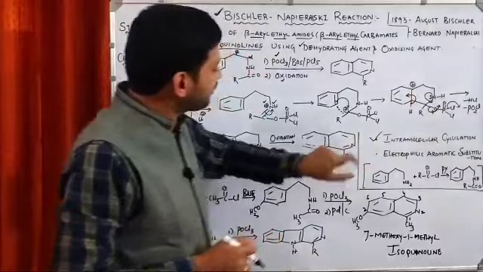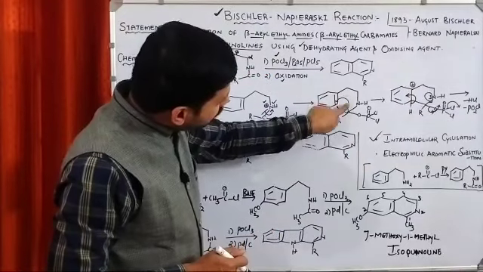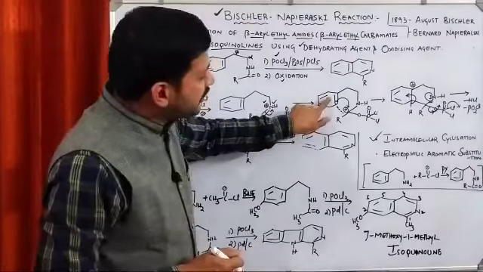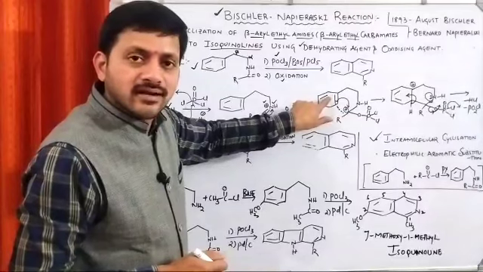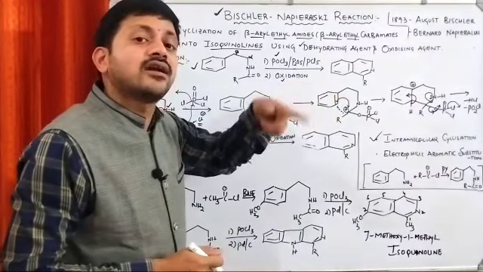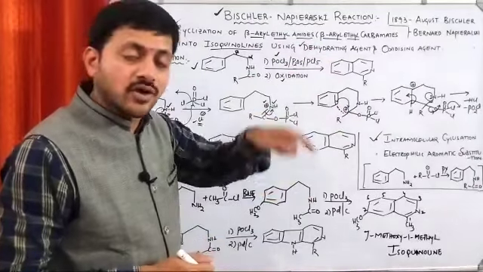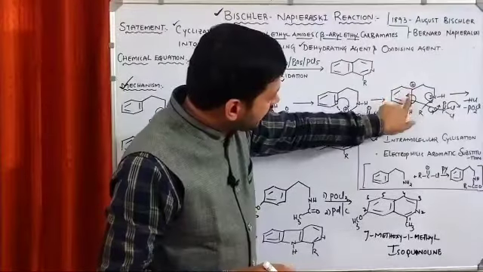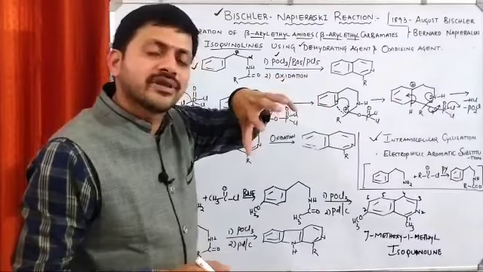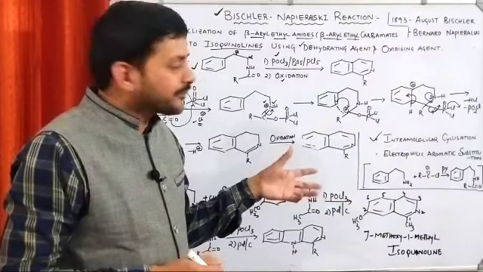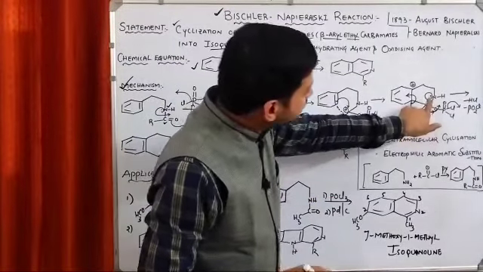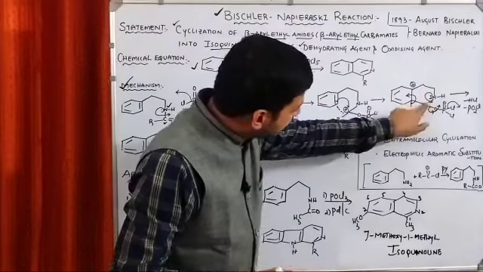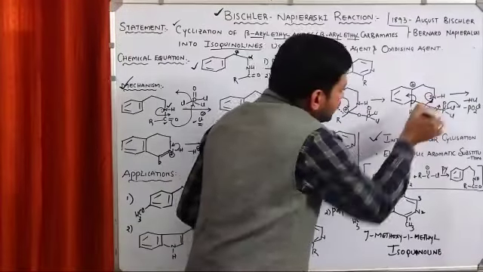Now what happens? See this one. Because of this transfer of electrons towards this electron deficient center, the delocalization is disturbed here, or not? The aromatic character of the benzene is disturbed, or not? So in order to retain its aromatic character, we are removing a proton from this particular carbon, thereby it is going to form a pi bond. The aromatic character of the benzene remains the same. Along with this, see this one, the nitrogen lone pair is donating its lone pair of electrons, thereby we are creating a pi bond here. Here the formation of a pi bond takes place.